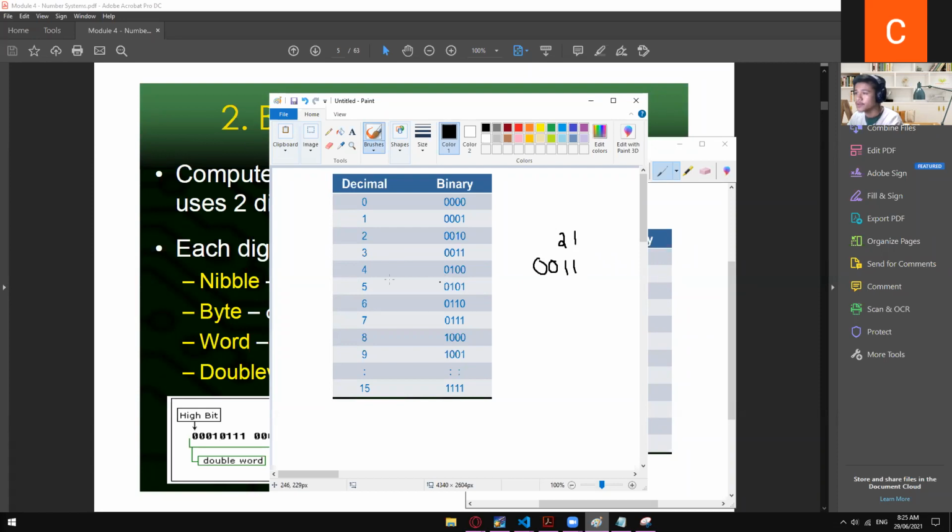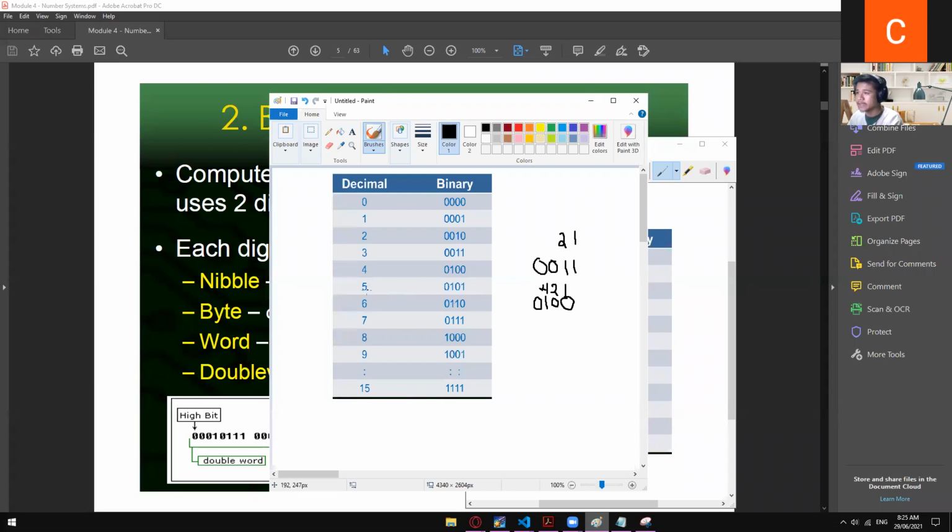Okay, so if you need 4, then activate 4 only. So it's represented by 0, 1, 0, 0. This one is represented by 1, 2, and then 4. If it's deactivated, then it doesn't count its value. But if that number is activated, then you have to count that value, wherein, let's say this one is equal